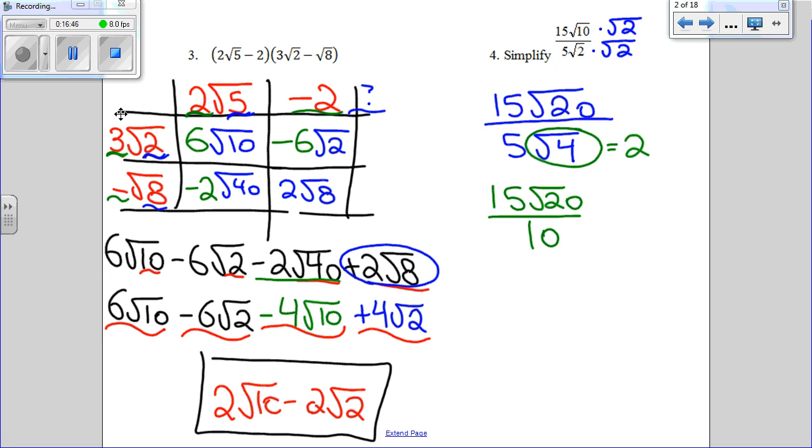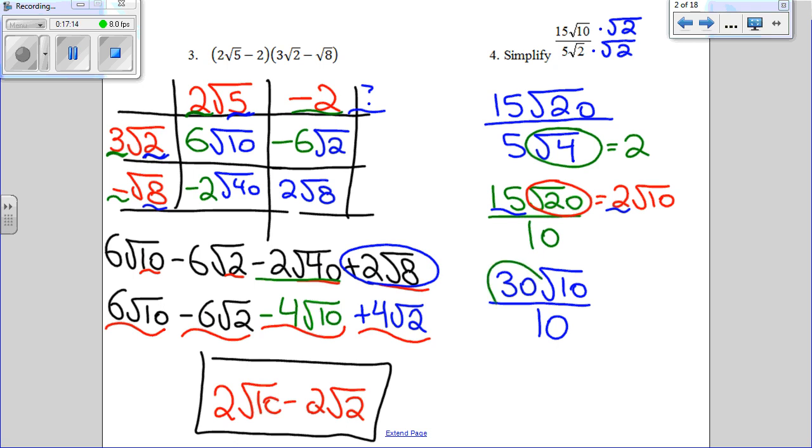So by looking at this, I can definitely simplify root 20. Root 20 can be divided by 4 to become 2 root 10. If I have 2 coefficients, 15 and the 2, they multiply together to be 30. The root 10 remains, and the divide by 10 remains. The last step when you rationalize is to check to see if your coefficients can both be divided. In this case, they can. My final answer is 3 roots, which that's definitely a longer process to get it done. But sometimes you have to do that, especially in a situation where